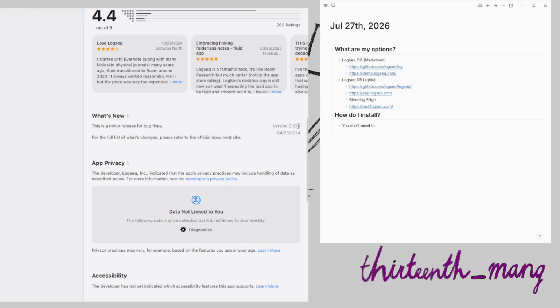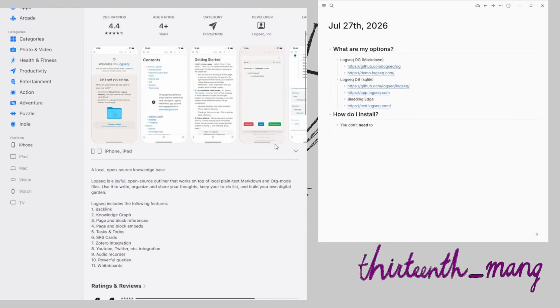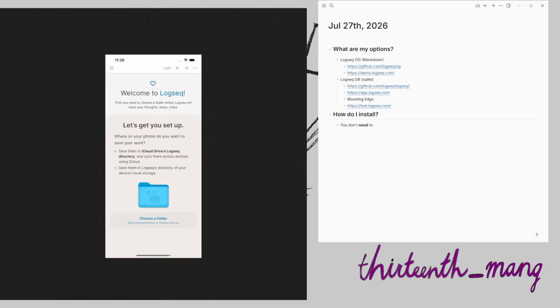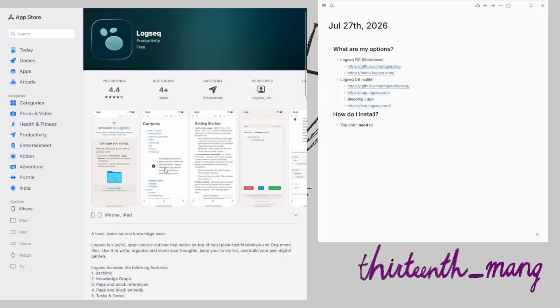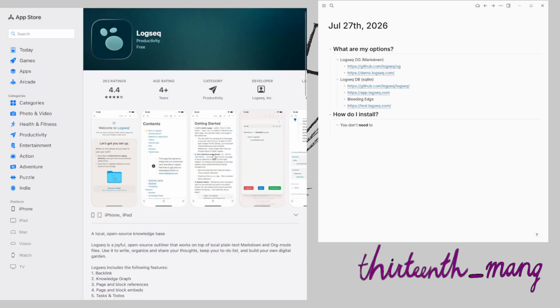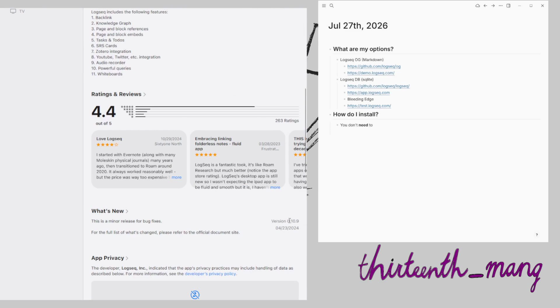Version 10.0. Okay, so this is the Markdown version. As we can see by the images that I can't click on for some reason, when you choose a folder, it's going to start saving all of your Markdown files in there. It's not necessarily immediately apparent unless you're very familiar with Logseq, but it looks like that's the Markdown version,